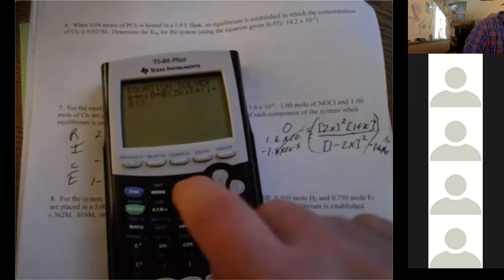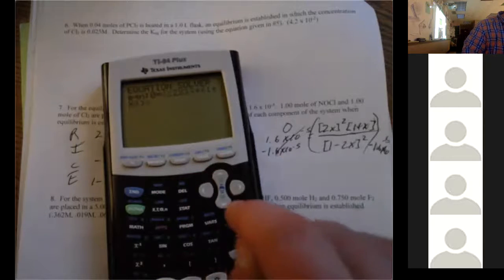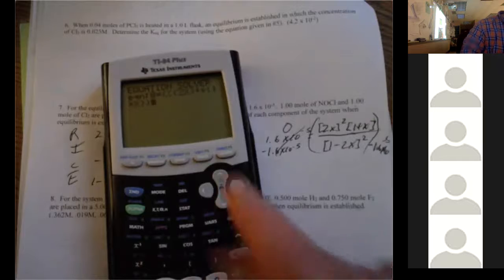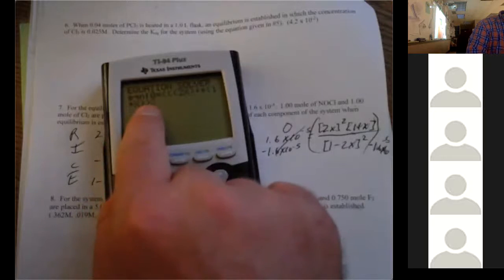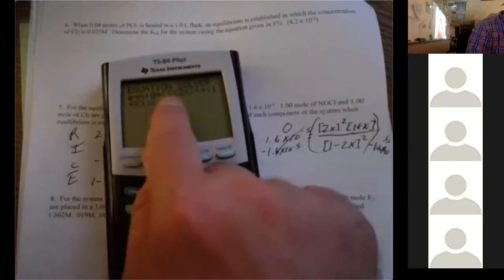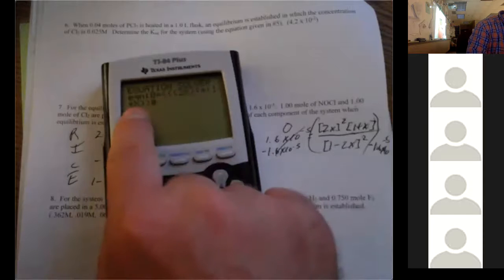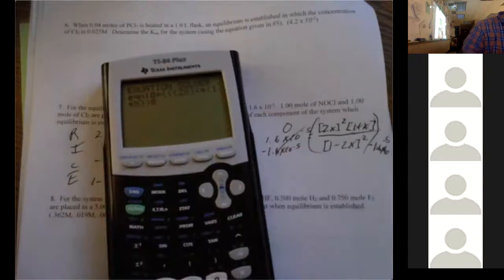I do. I need to. I just realized. So there we go. So now we have open, close, open, close, open, close, open, close. So right now I have 1 parenthesis open. So I'm going to now divide by parenthesis 1 minus 2x, close parenthesis square, close final parenthesis, and I'm going to minus